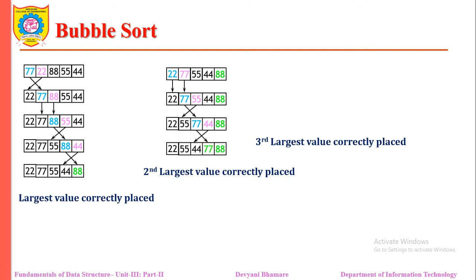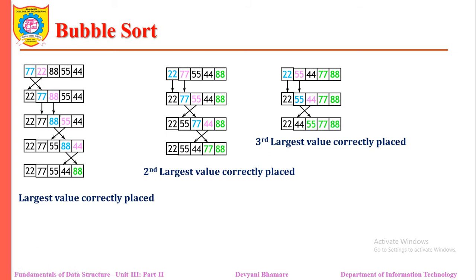So you might understand that here we have the front end where elements are not in sorted order, but in the back end the elements are in sorted order. In the next iteration we compare 22 and 55, no need to swap, then 55 and 44, we need to swap, then we come to know that the third largest element is kept at its proper place. And in the next iteration, 22 and 44 are compared and swapped, and 44, no need to swap. So the fourth largest element is kept at its proper place.